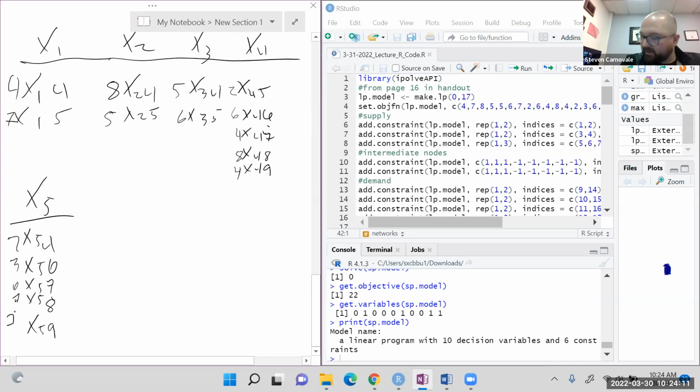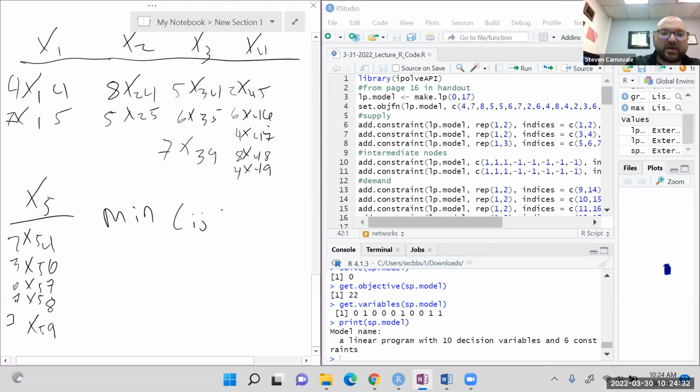And there actually is an added complexity that I forgot about here, which is X3 also goes to 9 directly. So here we have X3 to 9. And on that cost, you have 7. Okay. So my objective function, as you can see, is to minimize